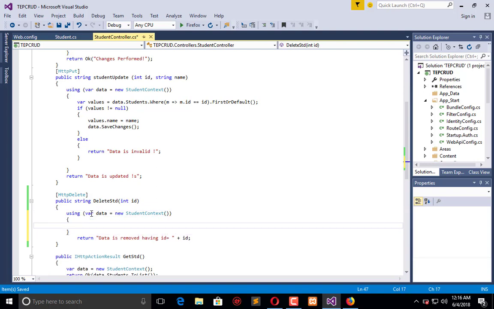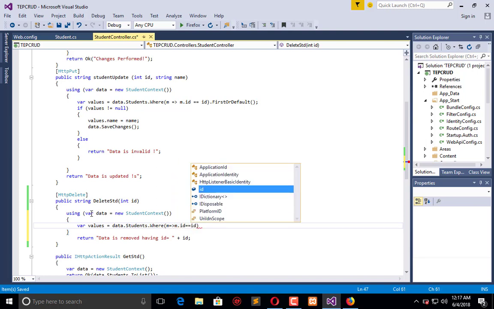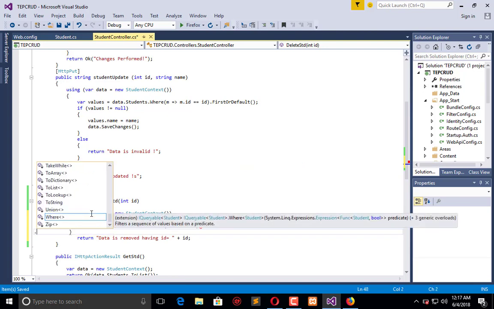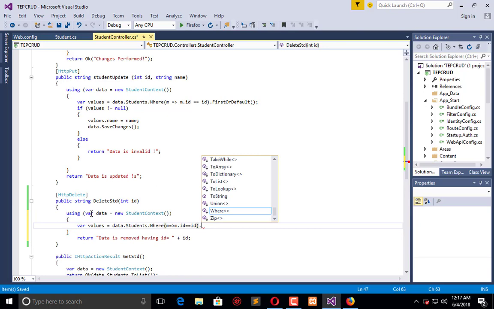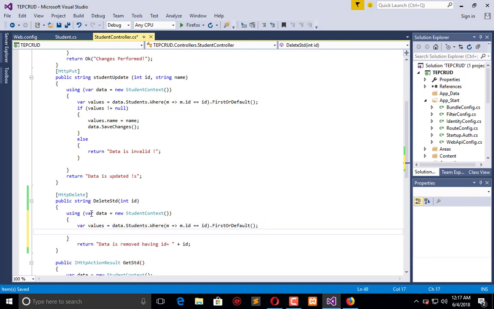And now I will store the data somewhere else, in values is equal data dot students dot where m dot id is equal to this id, return the record first or default. Okay, and now I will say if